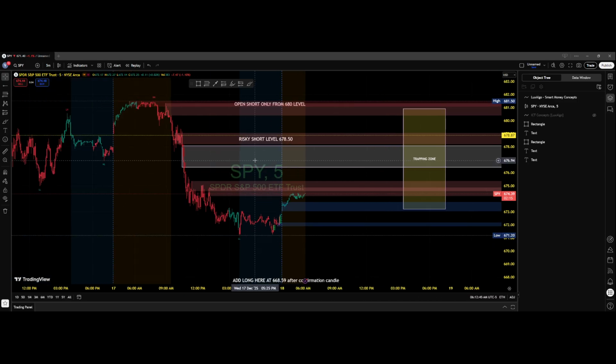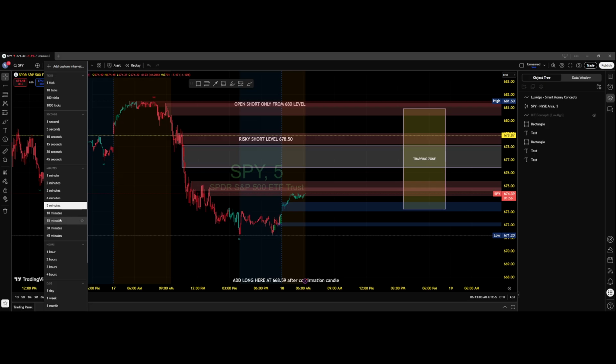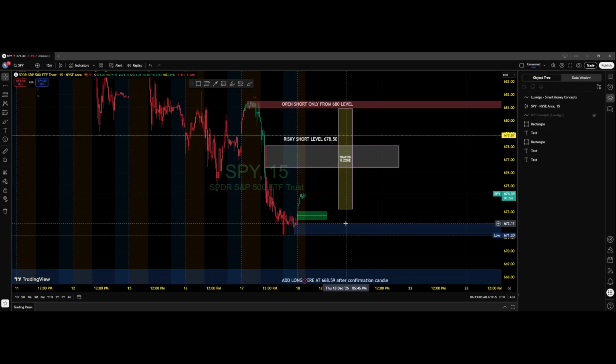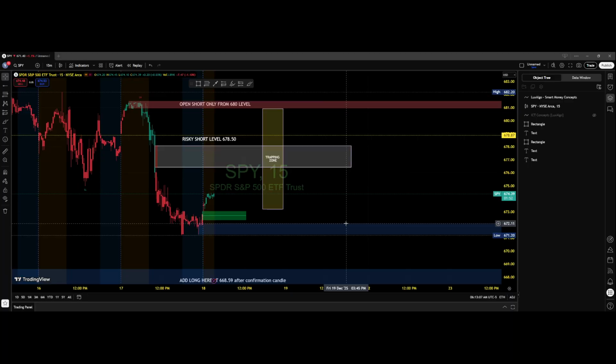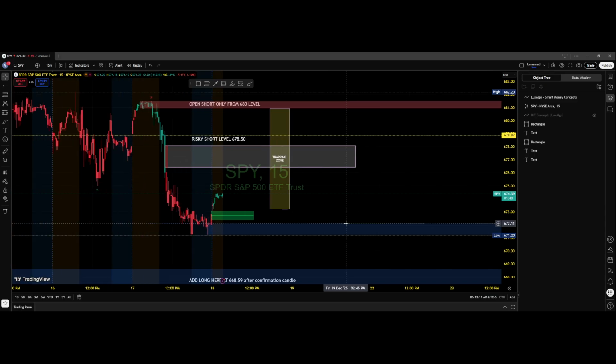So if I would be entering the market, I would only have these two levels in mind, and I will look for the buy side today. Buy side only, because of this 5 minute order block, or let me see, on 15 minutes do we have this 672.11. This is my order block which I will be waiting for for sure. However,